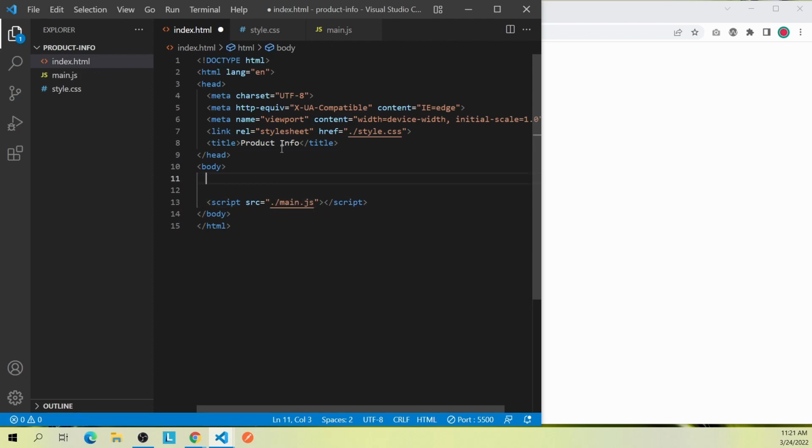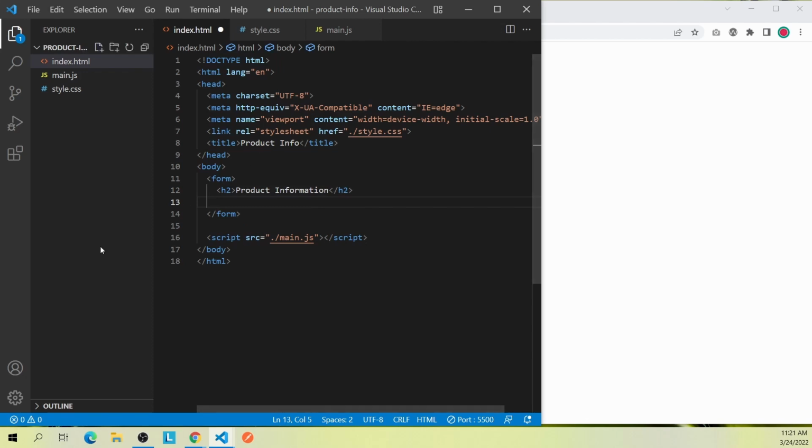Alright, before we start creating the input boxes, we need a form tag that will contain all of them. So I'll say form, and I'll just get rid of that, and inside here we're gonna have a header. I'll say h2, and say product information. Okay, cool. Then we're just gonna have 3 labeled text boxes, actually a couple of inputs and a text area,